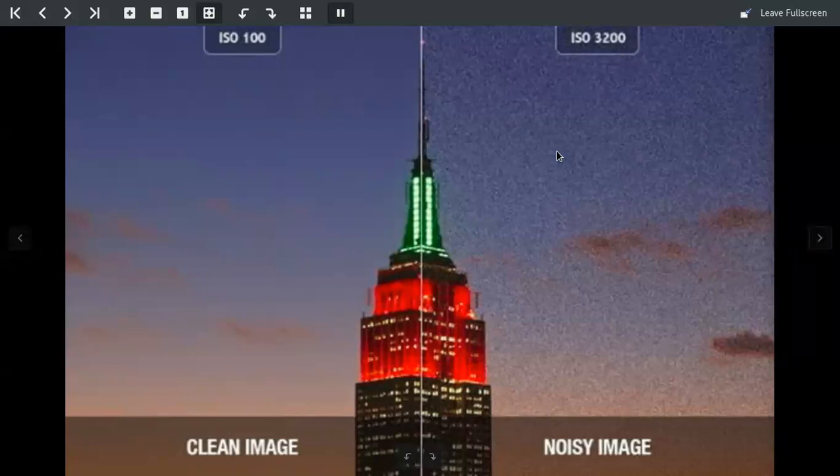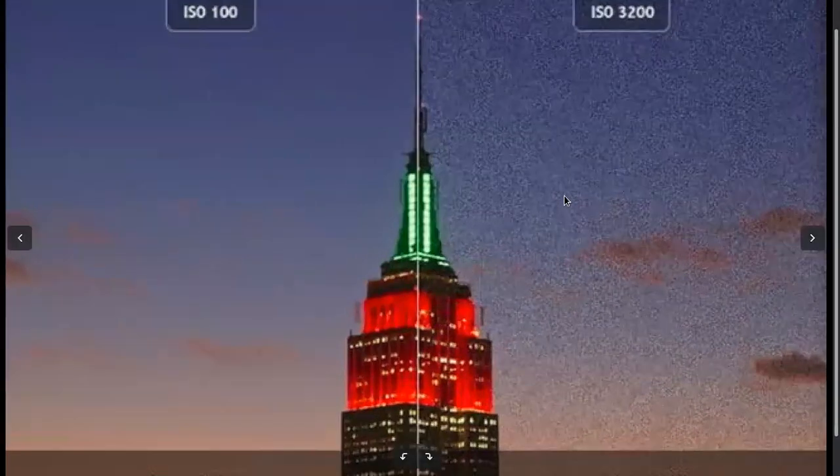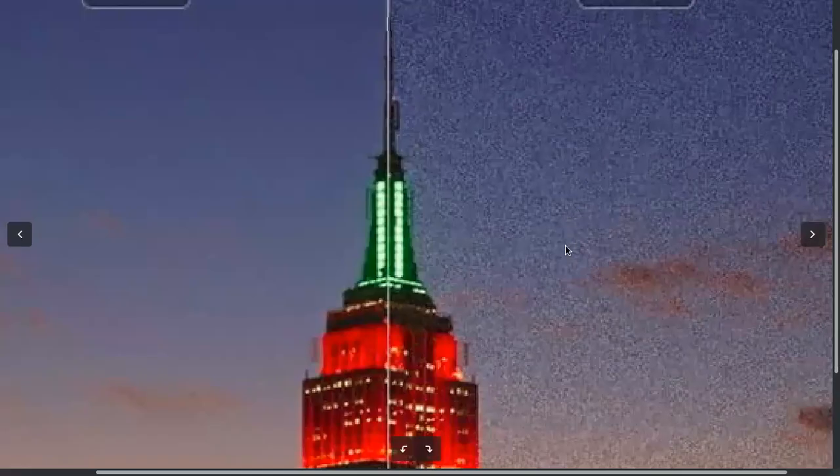So what was the equation? When lighting was good, when lighting was perfect, we were going for the lowest possible ISO, 100. But when the lighting is low, we are going for 3200. The equation looked very easy, but this noise is spoiling us. With the increase of this ISO number, there is one particular thing that is also increasing in the photo. What is that? This is called noise. It is nothing but the grains that we observe when we take a photo at a higher ISO, or at night time, or in low light condition.